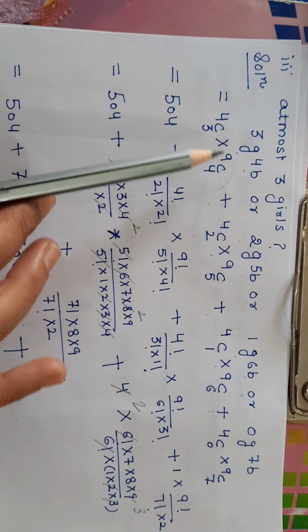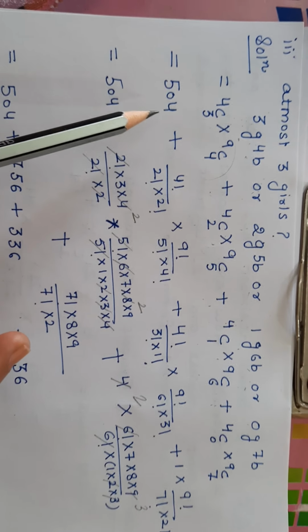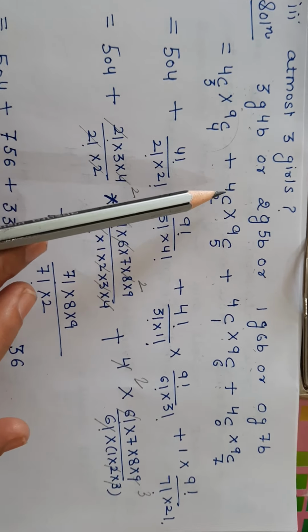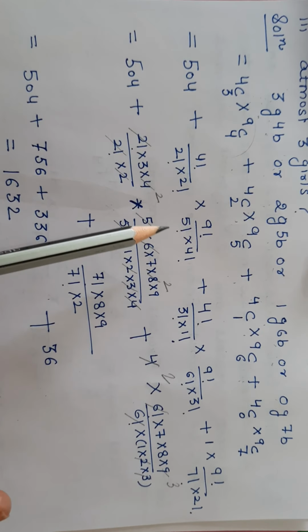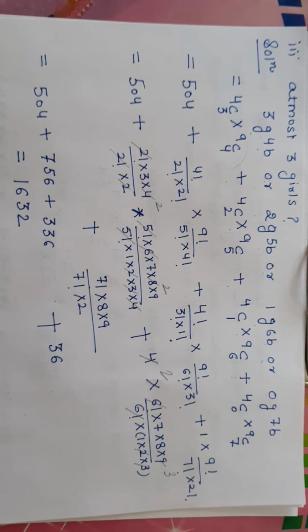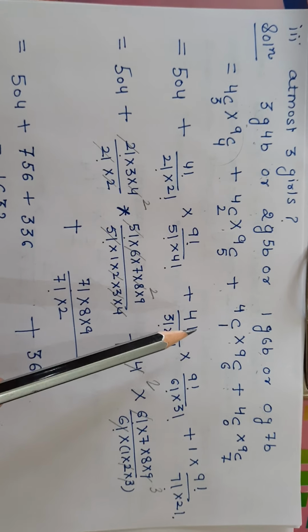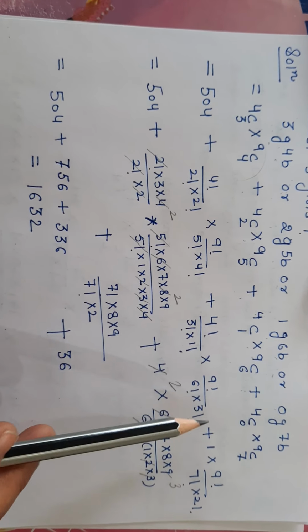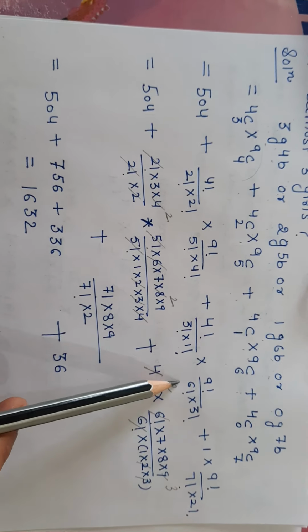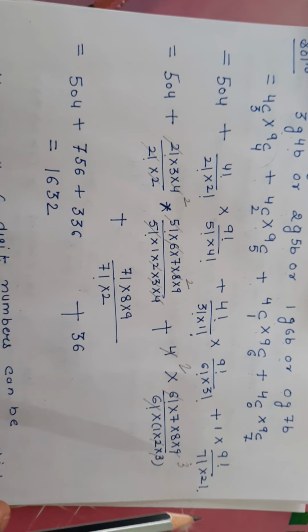This part you have already calculated in the first case. So this is 504. For here, apply the formula 4 factorial divided by 2 factorial into 4 minus 2, that will be 2 factorial. This is 9 factorial divided by 5 factorial into 4 factorial plus 4C1, 4 factorial divided by 3 factorial into 1 factorial. Here 9 factorial divided by 6 factorial into 3 factorial plus NC0 is always 1. You can directly put the value equal to 1 into NC7 is 9 factorial divided by 7 factorial into 2.